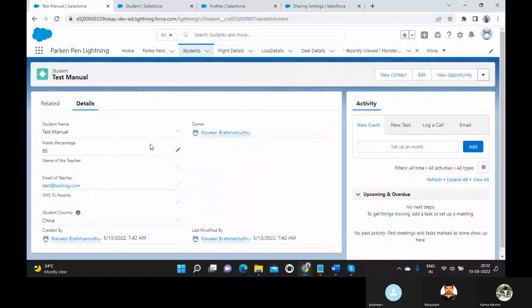Okay, now that means even that sharing rule, permission, everything we will keep aside. Now we have to see whether this record is being shared to Tom or not. Manual sharing. You have seen, right, the setting that I have done. Yes. Okay, now